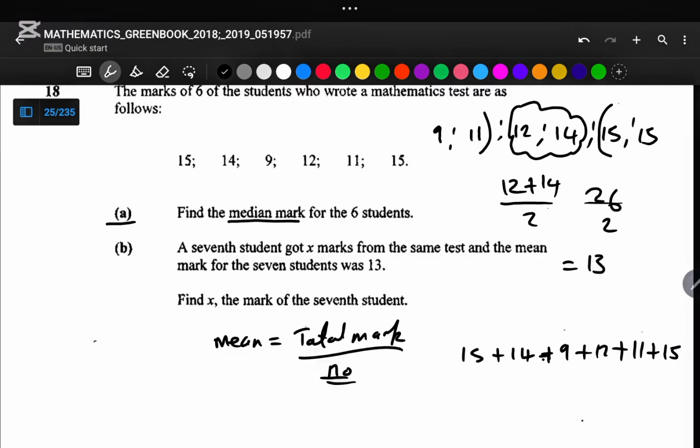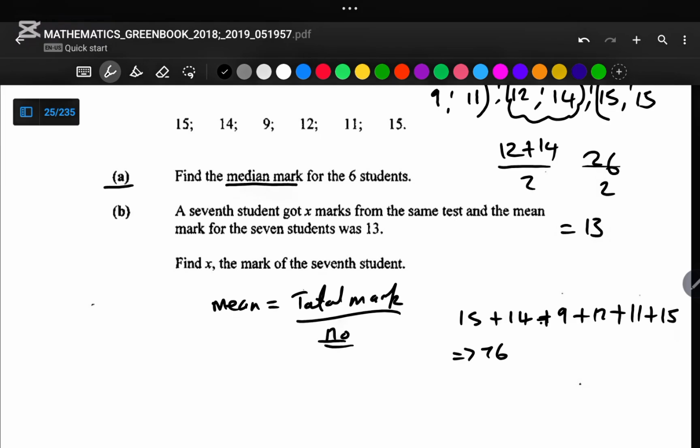So this gives us 76. So our total here is 76 if we add these. So 76 divided by 6 students is our initial mean. So our new mean is 76 plus x divided by 7,